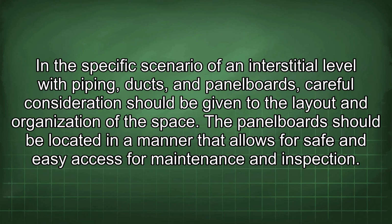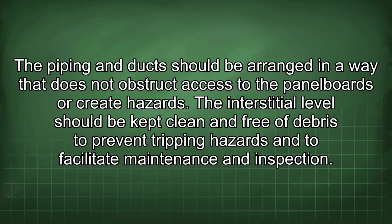In the specific scenario of an interstitial level with piping, ducts, and panel boards, careful consideration should be given to the layout and organization of the space. The panel board should be located in a manner that allows for safe and easy access for maintenance and inspection. The piping and ducts should be arranged in a way that does not obstruct access to the panel boards or